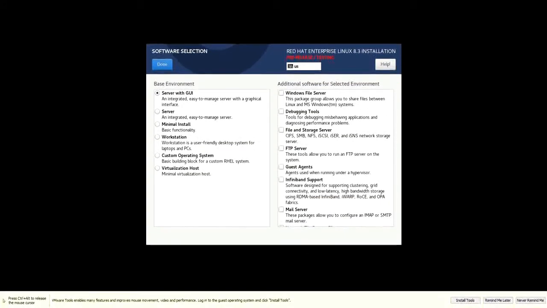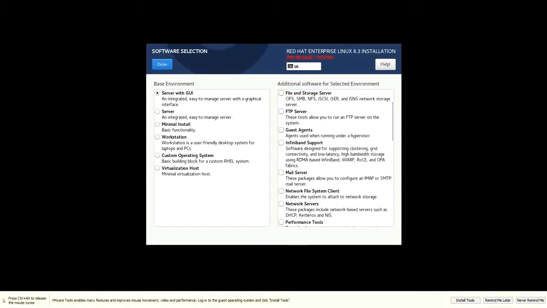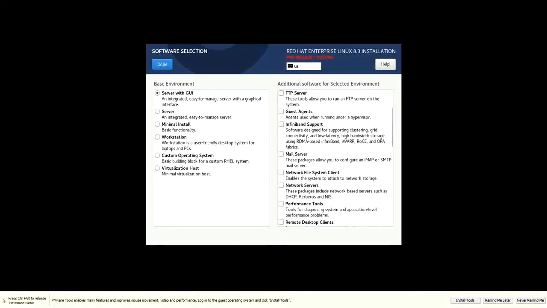This is a pretty good feature where I can choose the base environment, that is complete install server with GUI, server only, minimum install, custom operating system, or virtualization. I will install complete server with GUI. Now I can select additional installation from the right menu. You can choose as per your own choice.